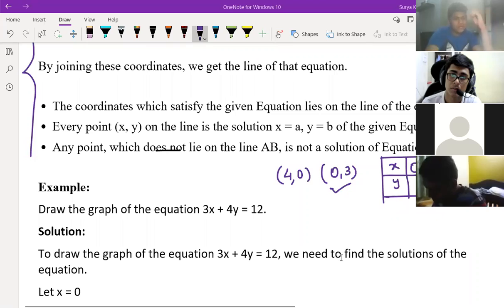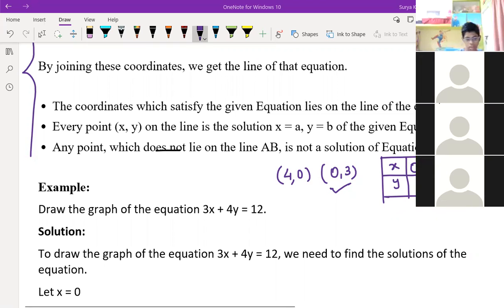Satvik, I'm just asking you, if x is equal to 0, what are you getting for y? 3. How do you solve it? Tell me. Sir, when we take the y 3, then we join the y 3. I'm not asking that. How are you getting y is equal to 3? Suppose here x is equal to 0. You are saying you are getting y as 3, right? Sir, I didn't get the question properly. They gave 3x plus 4y is 12, sir. Yeah, we have to make the graph of this equation. That's it.